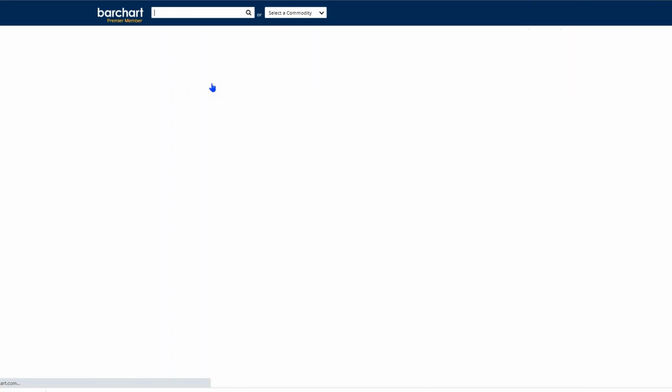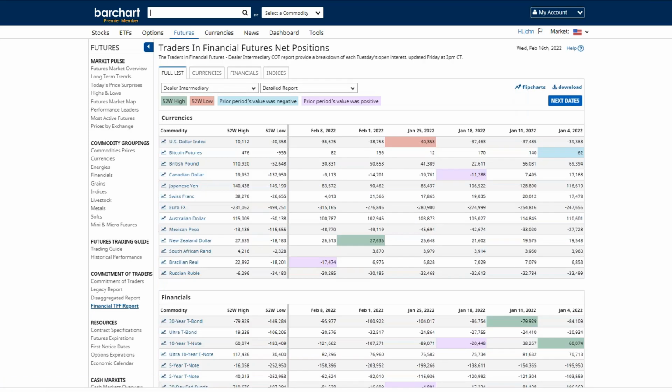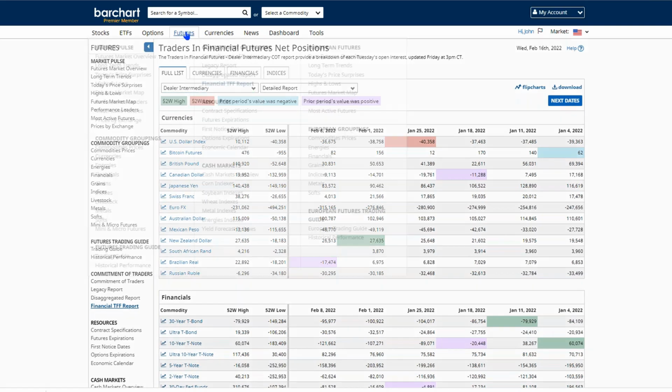Under the traders of financial futures report, now this one is for financial futures. In other words, currencies, interest rates, and our indexes. And they have 4 different subcategories. Now, in today's modern markets, these categories are a lot more convoluted. So for instance, if I talked about Goldman Sachs, a large Wall Street bank, they would be classified as a dealer intermediary, but also they could be an asset manager or an institutional trader. They could also be a leveraged fund trader. So the lines are a little bit blurred, but again, if you wanted to get deep into the weeds,